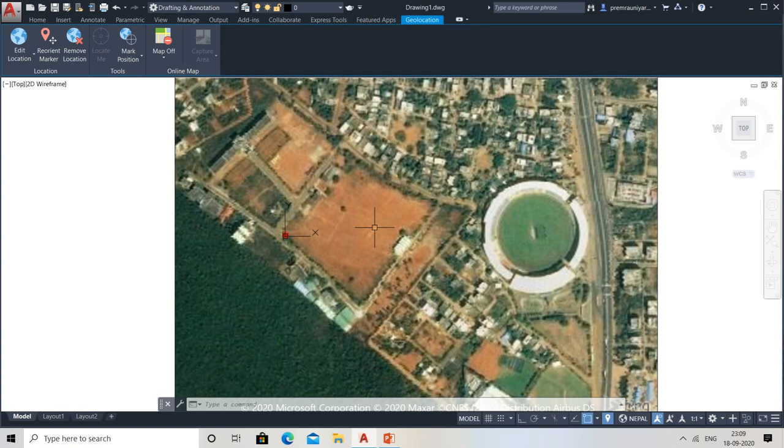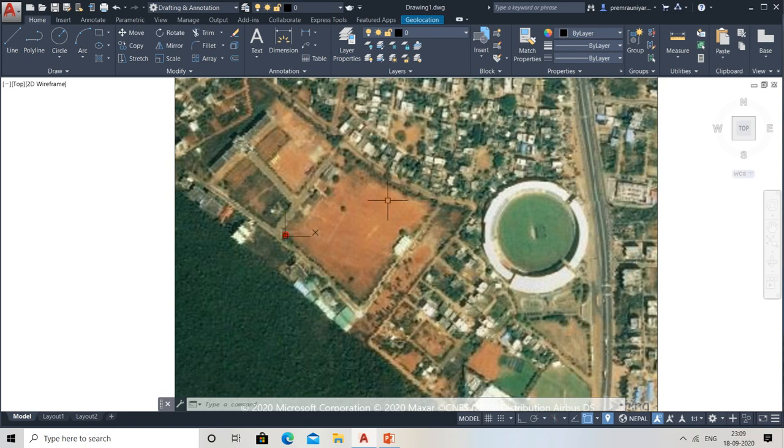So let's come to the measuring tool. Go for the home. Now how to measure this distance, this rectangular distance? You can use the rectangle also, but the polyline is very good, so use the polyline. Just go with this. Mind this, turn your ortho off.